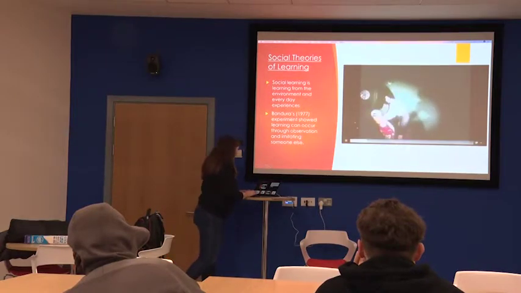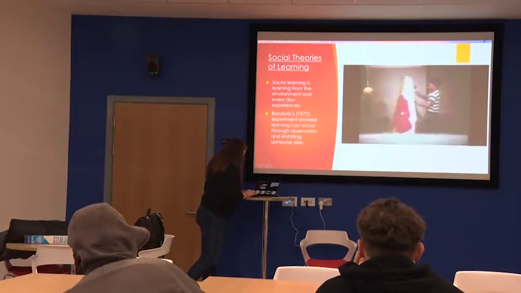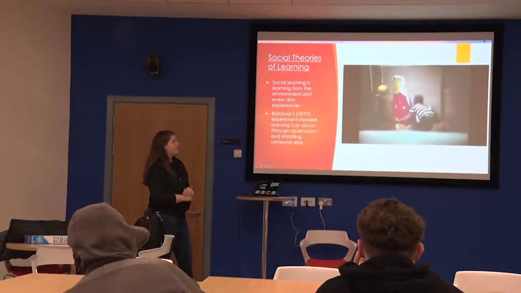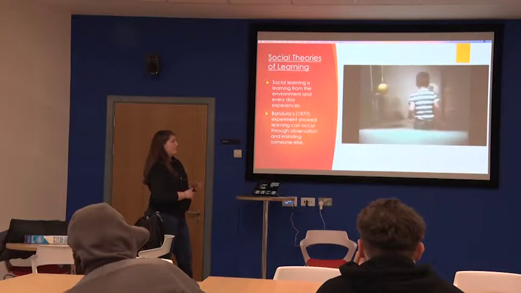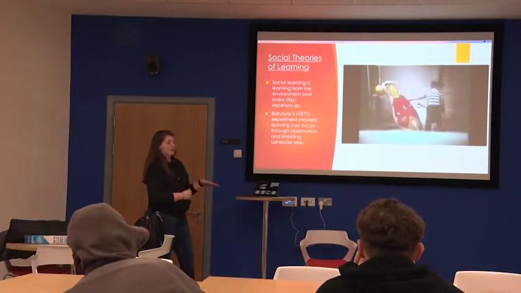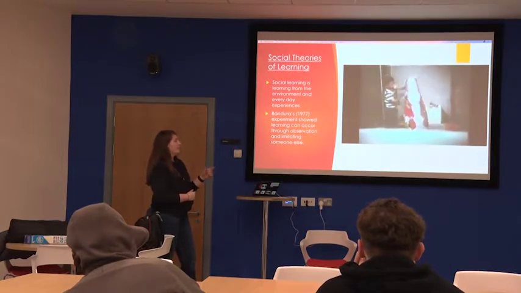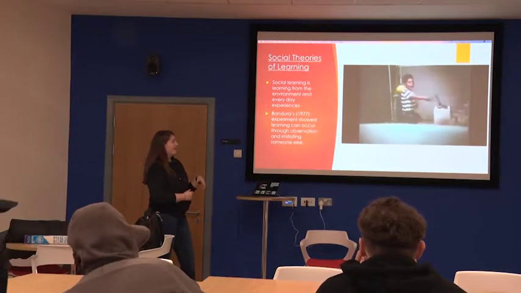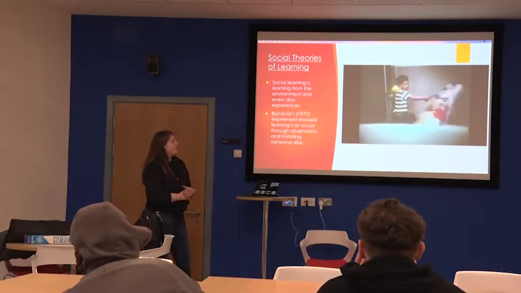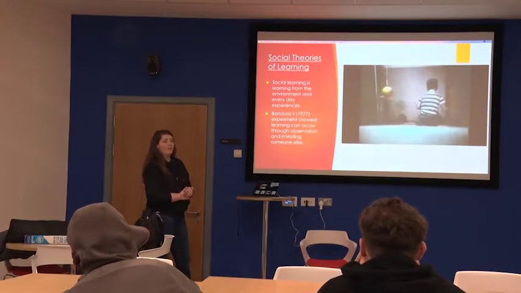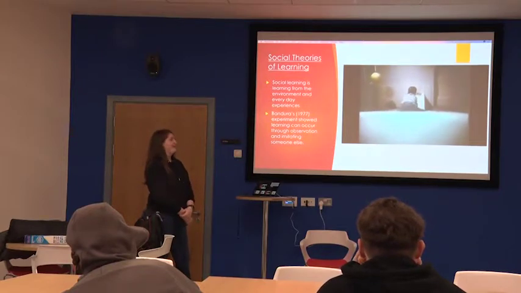And so later on, they left the child alone in the room with the clown, but he also had toys with him in the background. And instead of playing with the toys, he decided to copy the lady because of what he'd seen and start beating up the clown. So originally he just used his fists and was pushing it around. But as you can see, eventually he picks up the little hammer that the lady used and starts beating it up with the hammer. And then it gets even more interesting because later on he finds a toy gun in the room and starts pretending to shoot the clown with this toy gun. And I'll let you watch the rest of it.